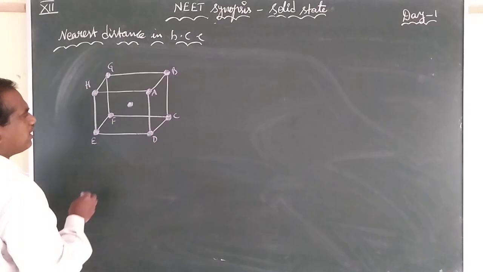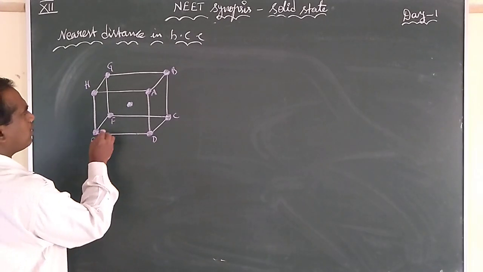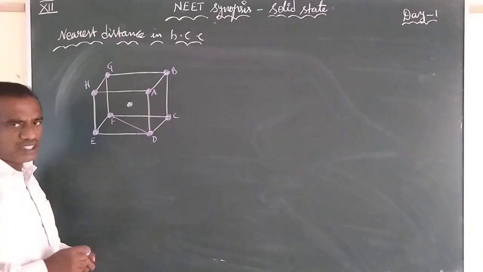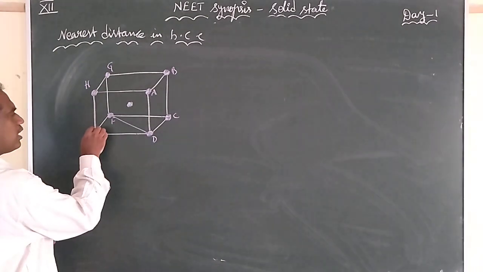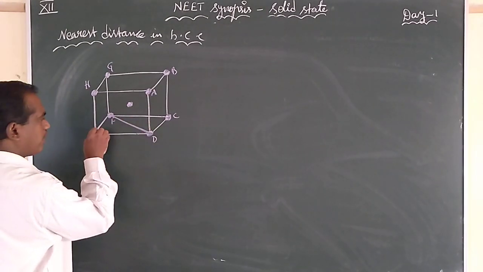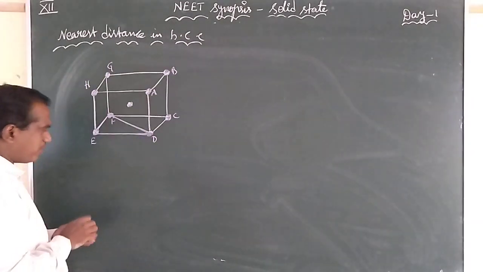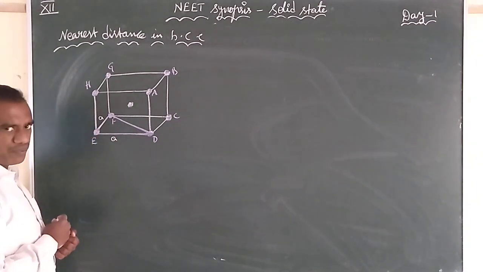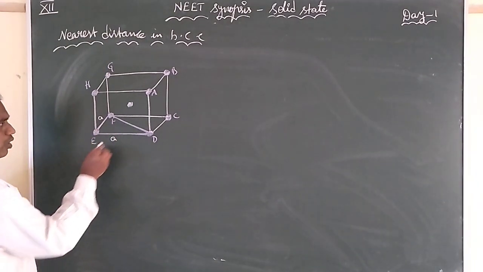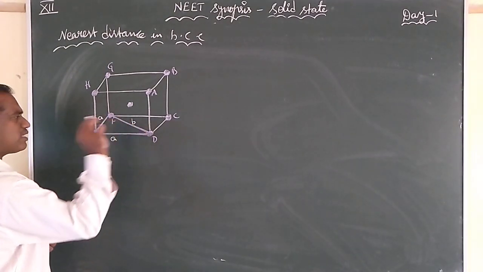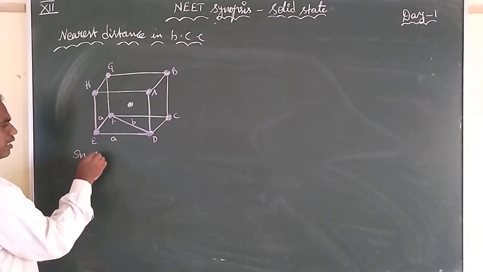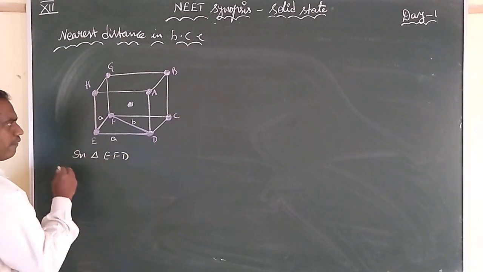So let us say there is a face diagonal here. This is one bottom face. For the face diagonal, I am calling this triangle EFD. See, this is the edge length A, this is also the edge length A. But here we can represent this one as B. In triangle EFD,